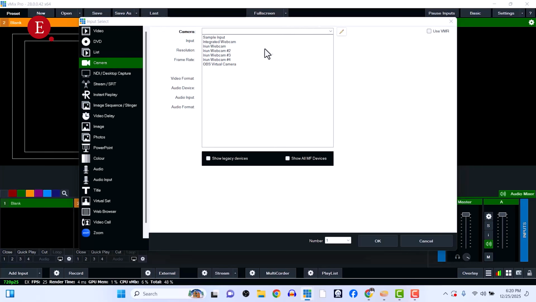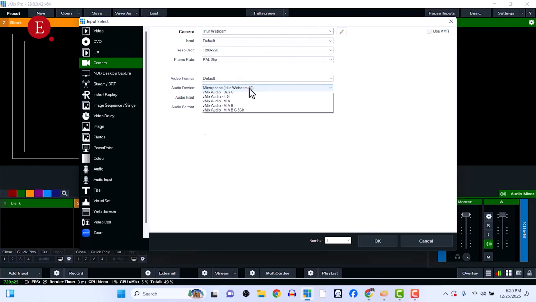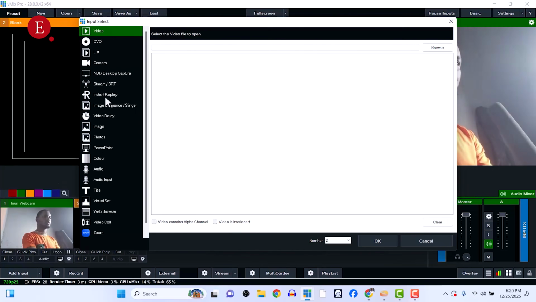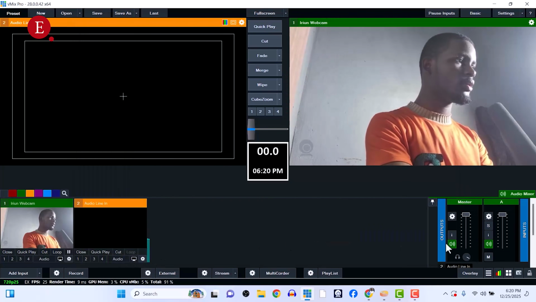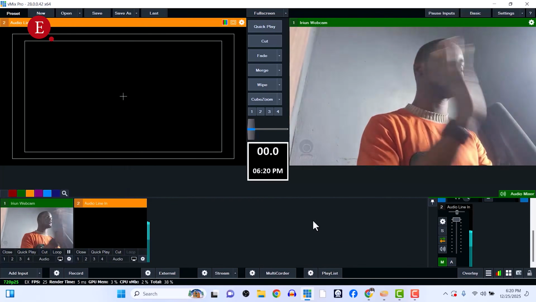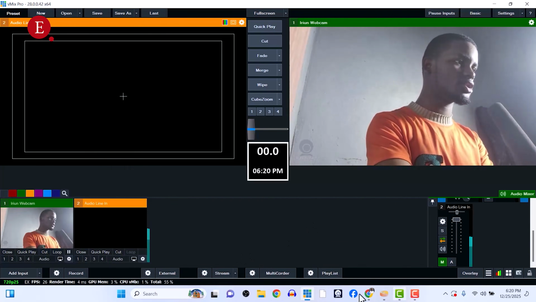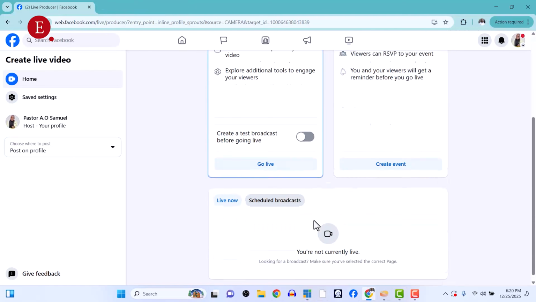Let me just add a new one, which is this webcam, no audio. Then it does make my audio separately also. Add and build. This should be like this. Alright, so now if we are live streaming, let's say we want to live stream on the page,